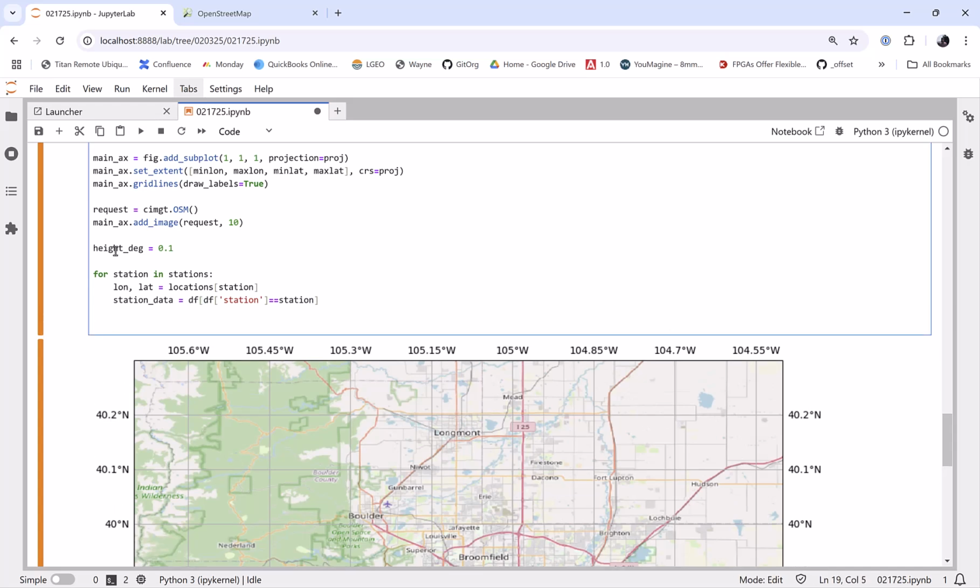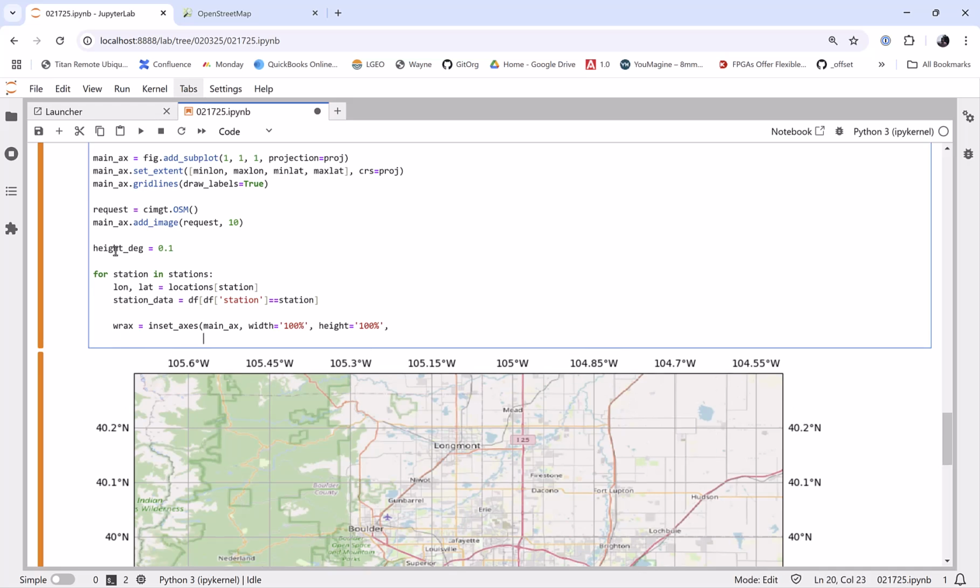Okay, now I'm going to create an inset axis for the Windrose. So I'm going to call it Windrose axis. It is going to be inset into my main axis object. The width is going to be 100%. The height is going to be 100%. This is of my bounding box, so I want to use the entire thing. I'm going to go ahead and line wrap here. My bounding box to anchor